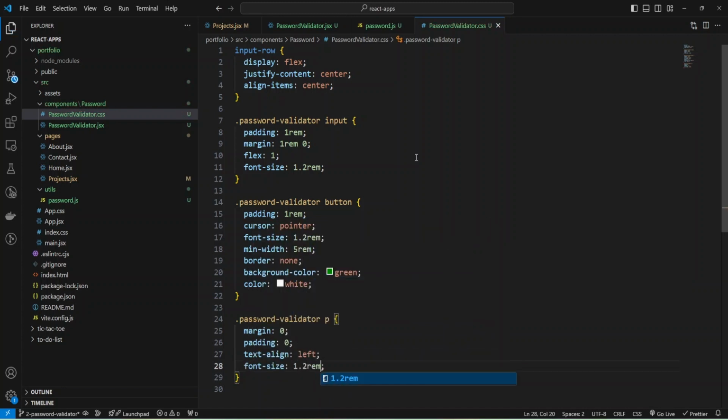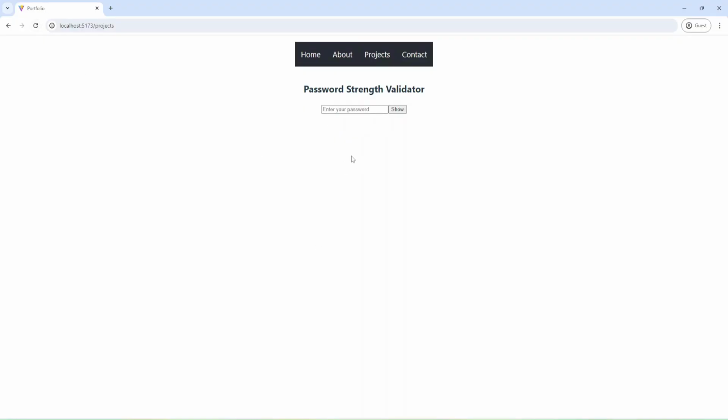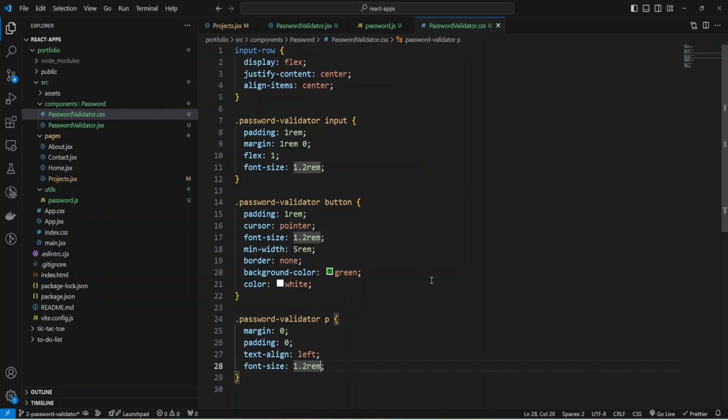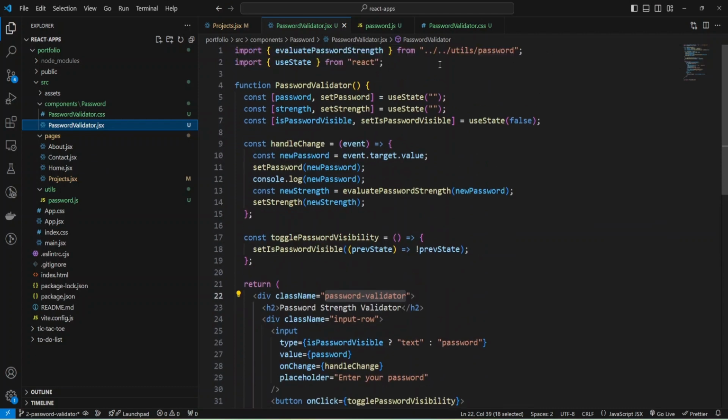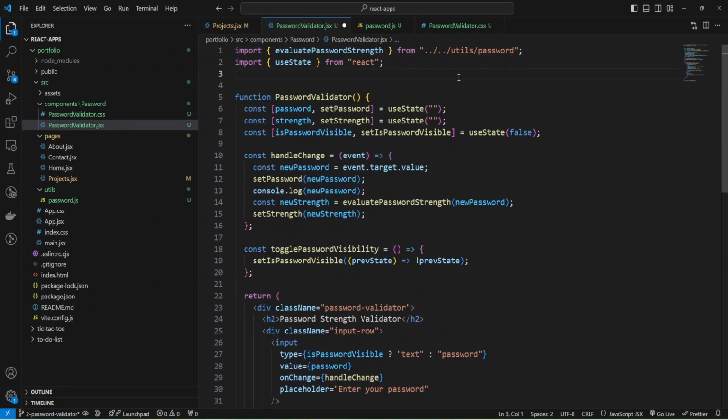And let's check what we have. I'm going to refresh the page. Okay, we don't have our styles, because we need to import styles inside our component, import and provide the name password validator CSS. Okay, let's check again.